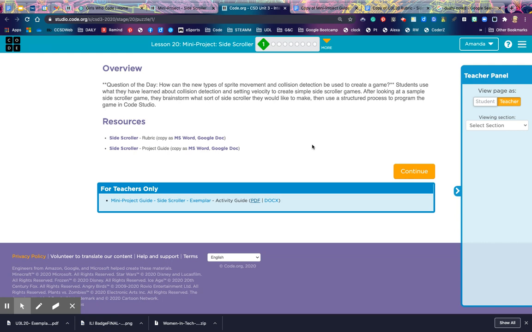So let's look at your question of the day. How can the new types of sprite movement and collision detection be used to create a game? So we're going to put some skills to the test in this mini project. You're going to use what you've learned about collision detection and setting velocity to create simple side scroller games. After looking at a sample side-scroller game, you're going to brainstorm what sort of side-scroller game you want to make, and then you're going to use a structured process to program that game in Code Studio, very similar to what